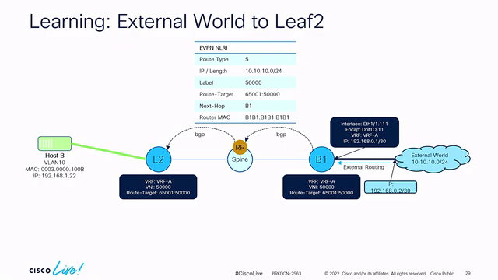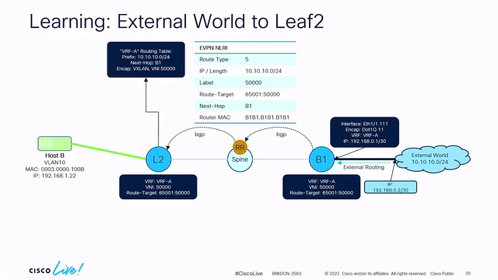In the route type 5, you see the prefix, you see the label, you see the route target. There's only one because we just do routing. You see the next hop, and you see the router MAC address. Now, as we learn this, we can install this route. If the VRF is configured, in our case it is, we go and install that based on route target, and that means that in my routing table, in my RIB, and then ultimately in my FIB, I have an entry,